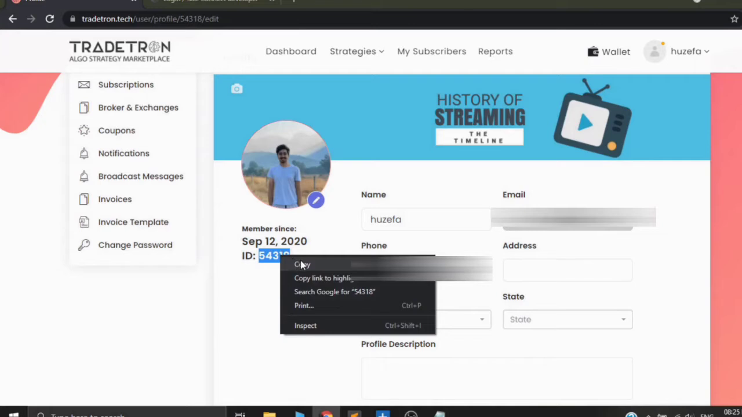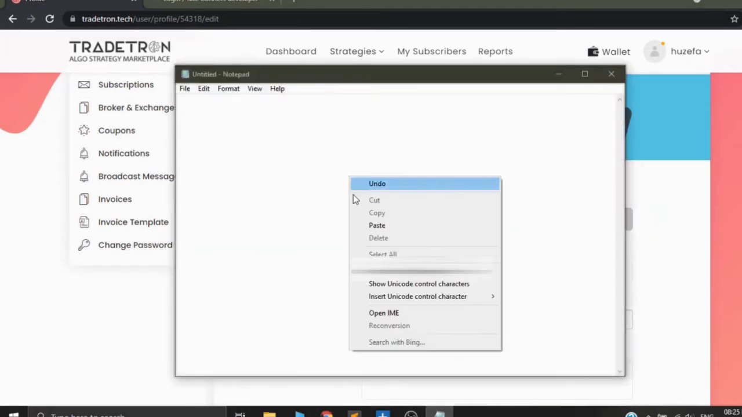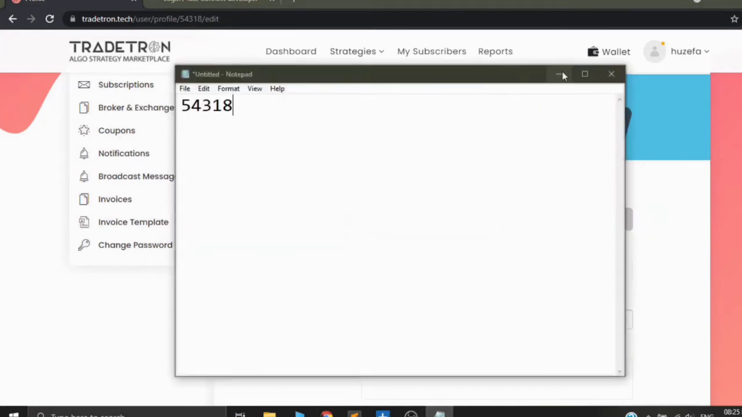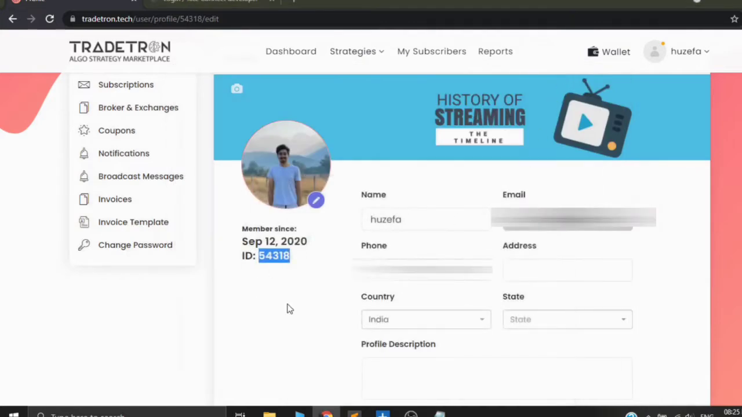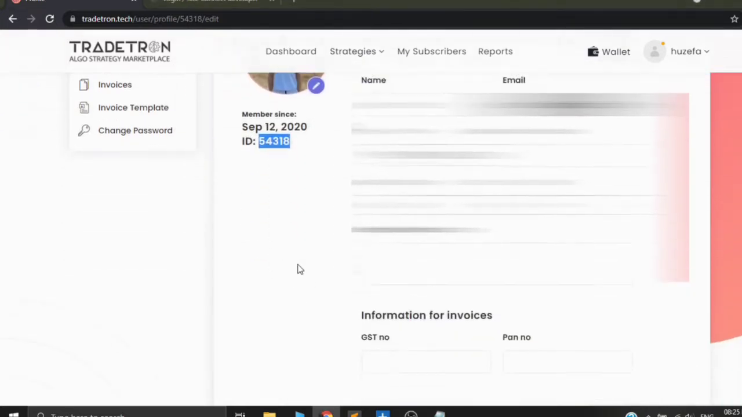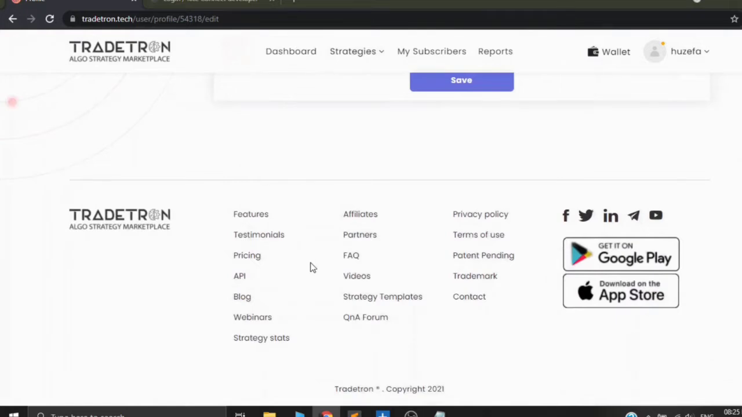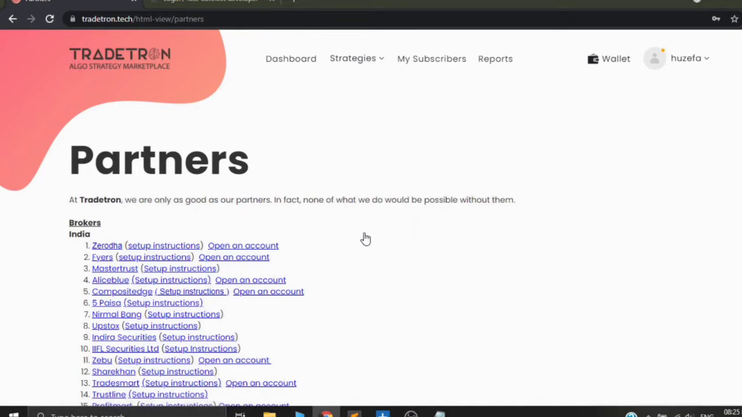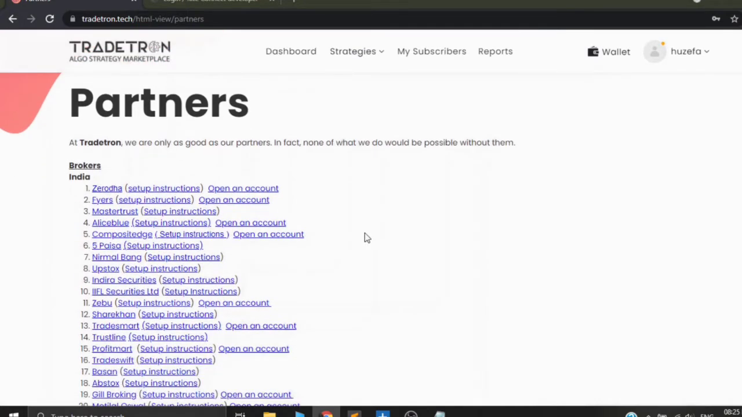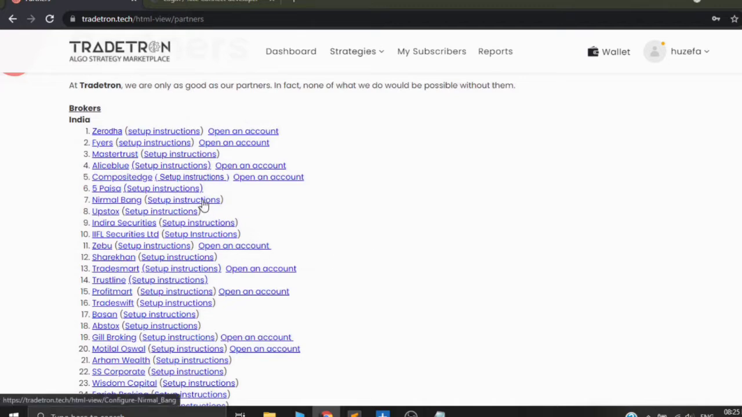I will just copy my ID and paste it on the notepad so that I can use it later. After doing it, you need to scroll down to the bottom of the page where you will see a site map. Just go to partners and click on partners. Once you click on partners, you will be able to see all the broker partners with Tradetron. Since I want to connect my Zerodha account, I go to the setup instructions,